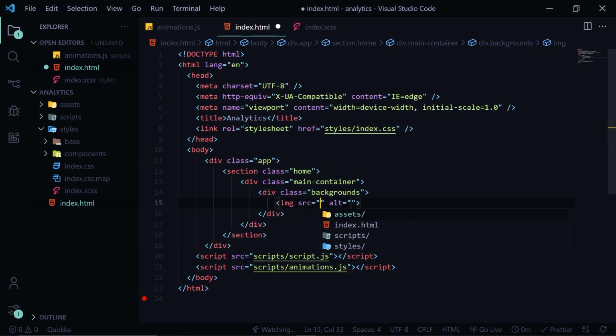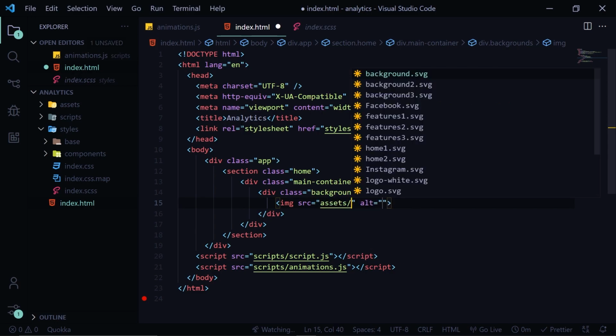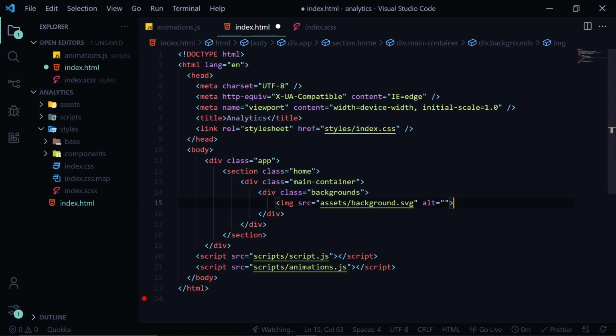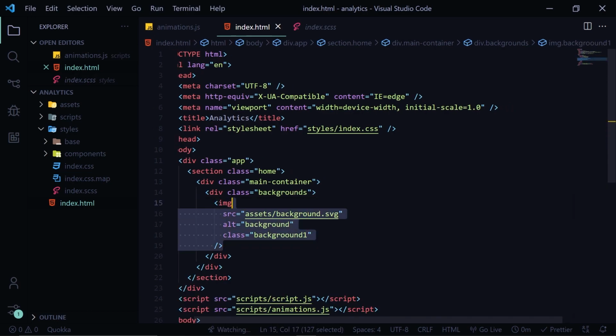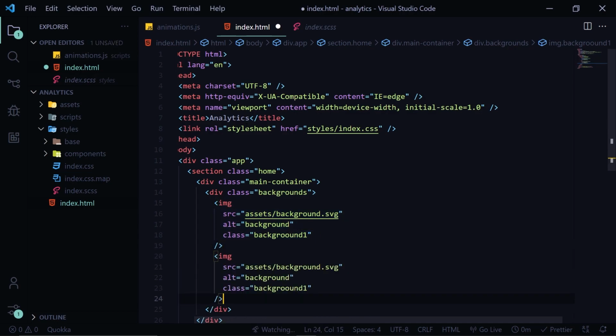First is image source, not in the styles, it would be in the assets and background.svg. Here we'll write background. This would have class of background 1. Then we'll just copy this, and after this would be background2.svg, and this would be background 2. Save it,